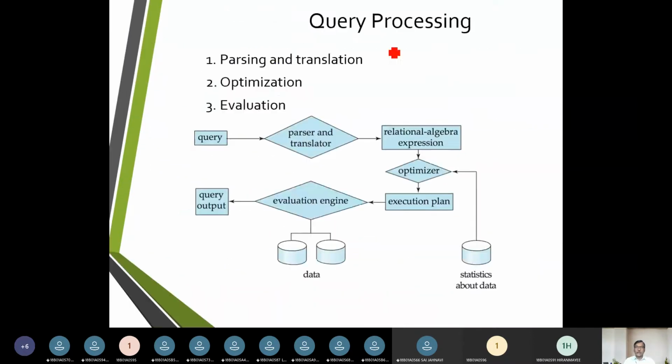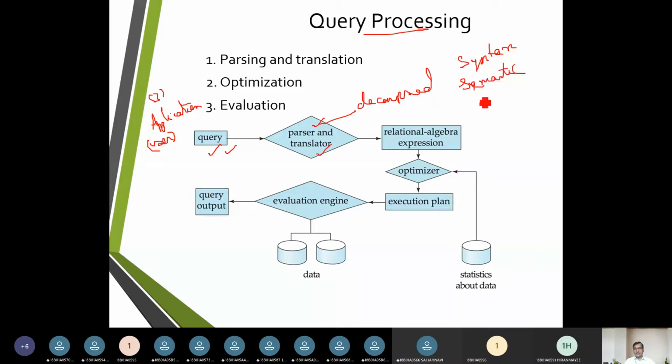So as far as query processing is concerned, the query needs to be evaluated, and a query is designed as part of an application by the user, at the third layer. There he makes up his query. The query is now going to be decomposed into parsing, and it is going to be translated. So it is going to look at the syntax, and it is going to link it to the semantics.